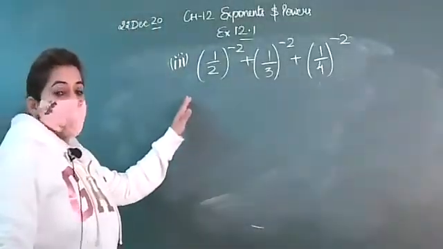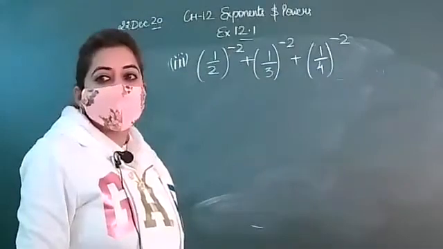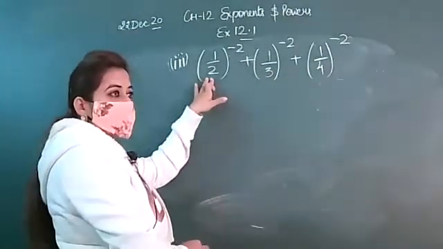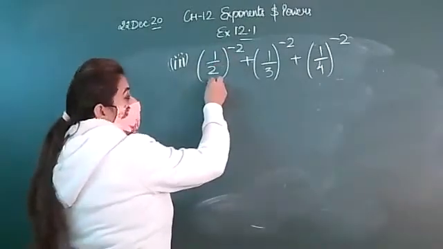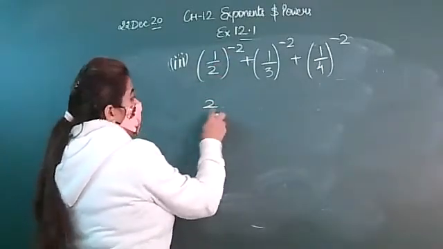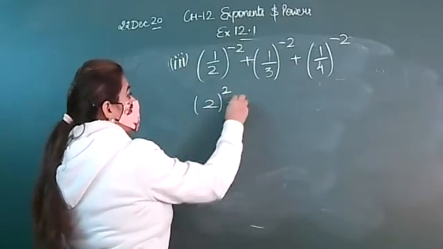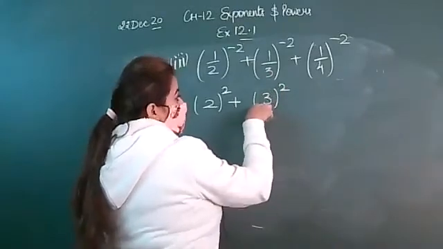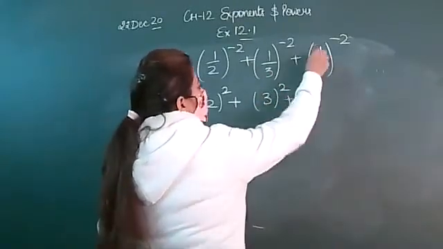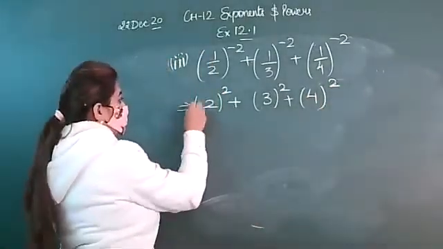Now, in this question, beta, as you can see that again the powers are in the negative form. So you will make the reciprocal of the base to make the power positive. So reciprocal of 1 by 2 is 2 by 1. No need to write 2 by 1. You can write simply 2 raised to power 2. Reciprocal of this is 3 raised to power 3 by 1, that you will write 3. Reciprocal of 1 by 4 is 4 and the power will be positive.